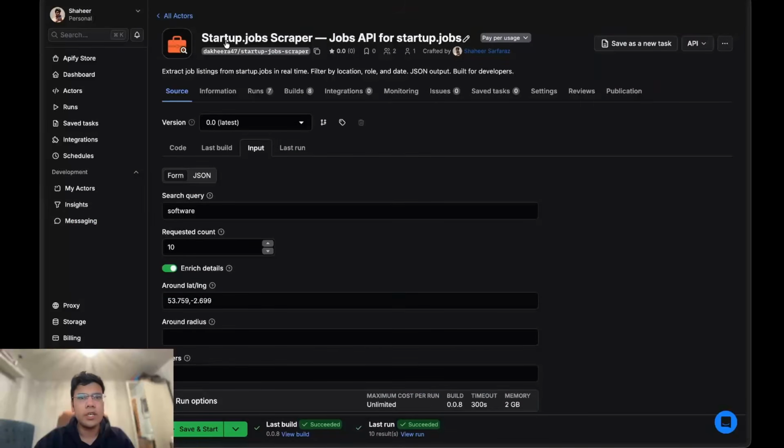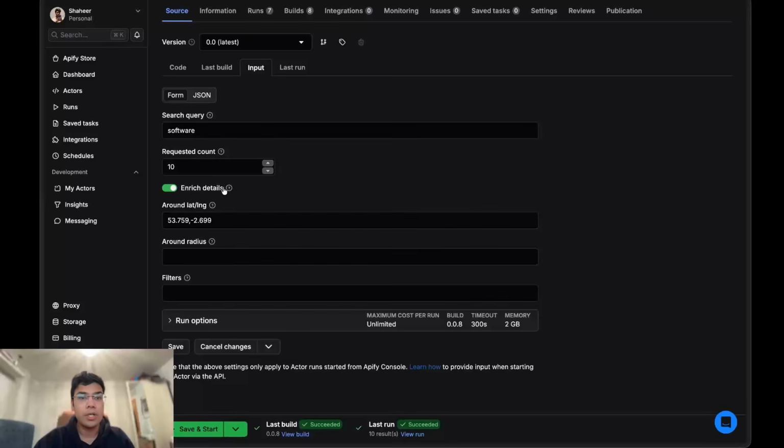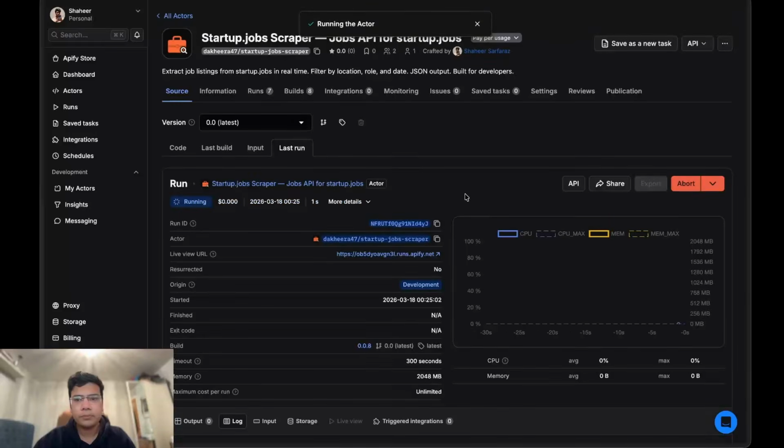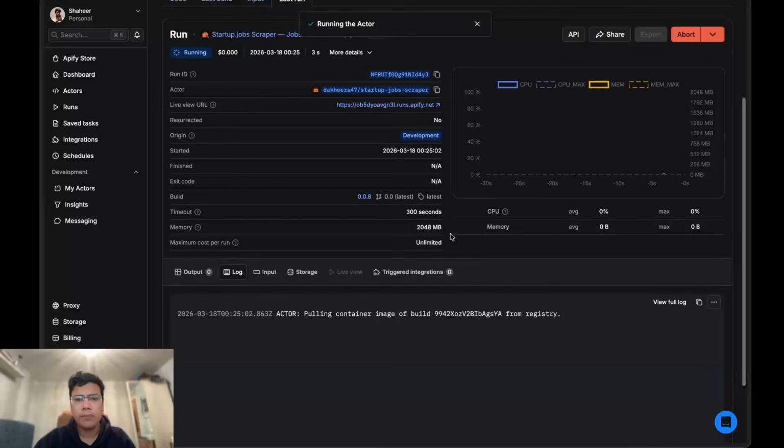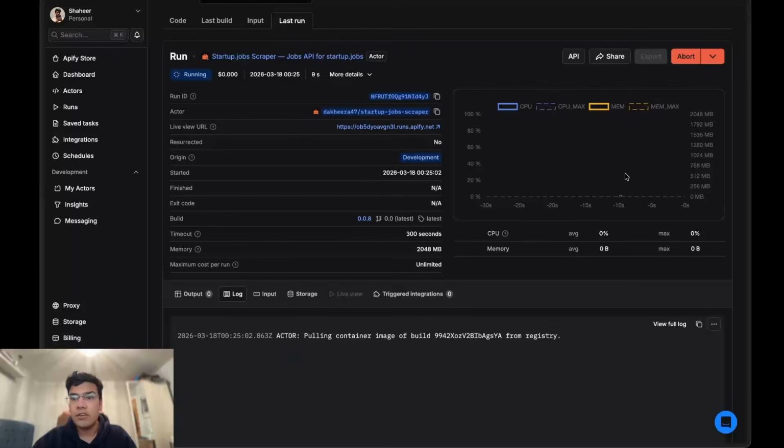I'm going to show off the startup job scraper working in Apify. So we have the search query, we have the requested count, do we want to enrich or not, and then this is the specific latitude and longitude of where you want it to be circled around. This is in Preston in Lancashire, where I'm closely based. So we start, we see the CPU usage and stuff going up. It's going to pull down the container, which is almost certainly the longest part of the whole thing. And we will see that there are no massive spikes in CPU or memory usage,